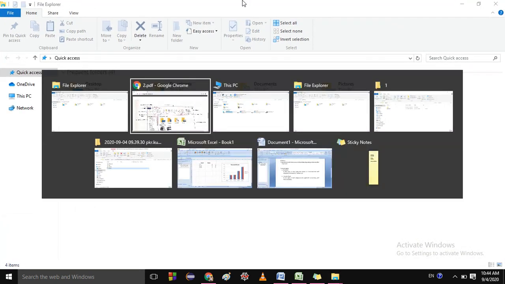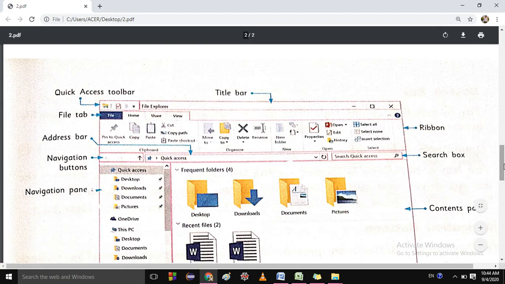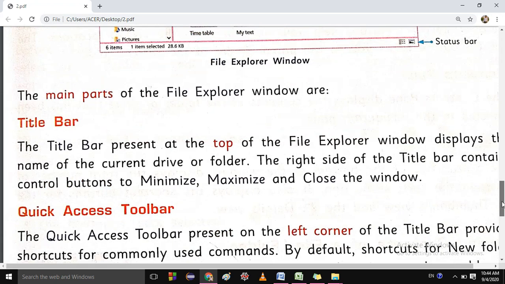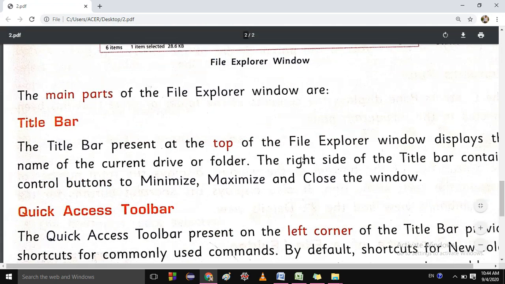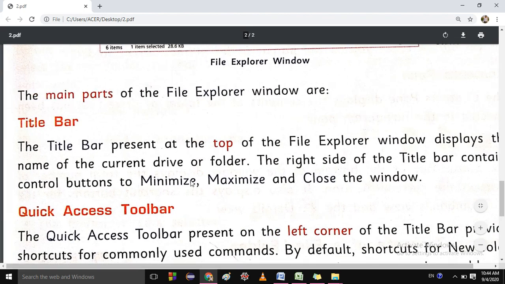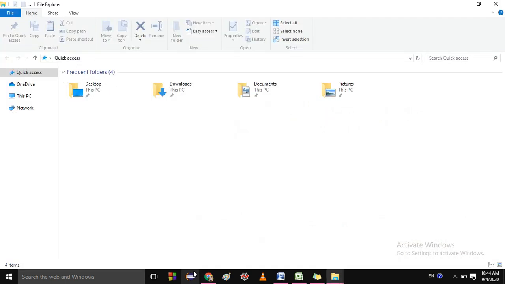So what is the title bar? The title bar present at the top of the File Explorer window displays the name of the current drive or folder. The right side of the title bar contains control buttons to minimize, maximize and close the window.